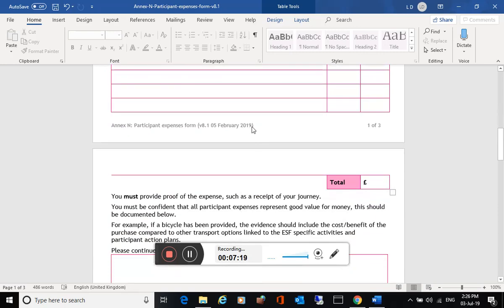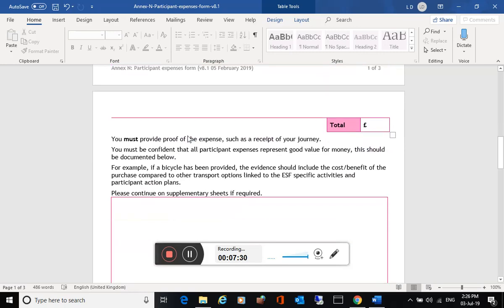Make sure you're always using the latest forms. At the bottom of all the funders' forms will be the latest version and a date, and it's always best if you get them straight off the funder's website, because they will always have the latest one on board. Okay,